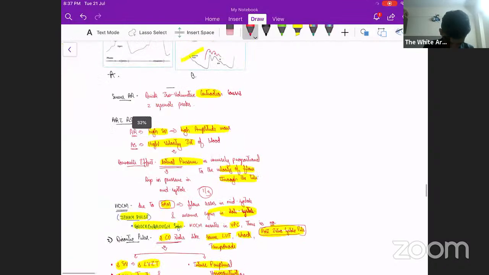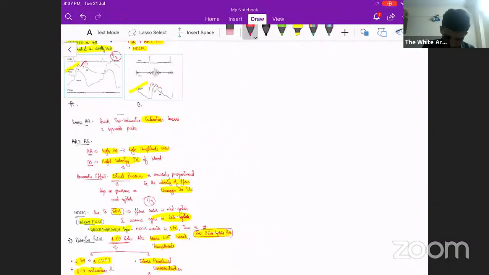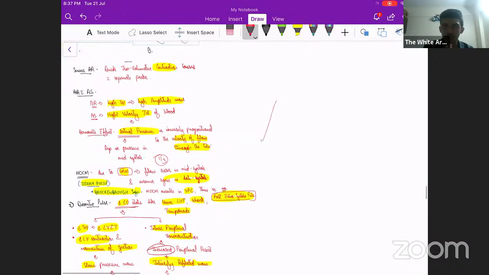See, in HOCM what happens is there will be ventricular hypertrophy. Because of that, what we expect is the left ventricle contracts vigorously, so you expect a rapid upstroke. That is one thing in HOCM. But one more thing happens: in the middle of systole, the anterior mitral valve comes into position in the left ventricular outflow. The dynamics is such that in HOCM that happens. There will be systolic anterior movement of the mitral valve leaflet that will obstruct the flow of the blood. So what do we expect